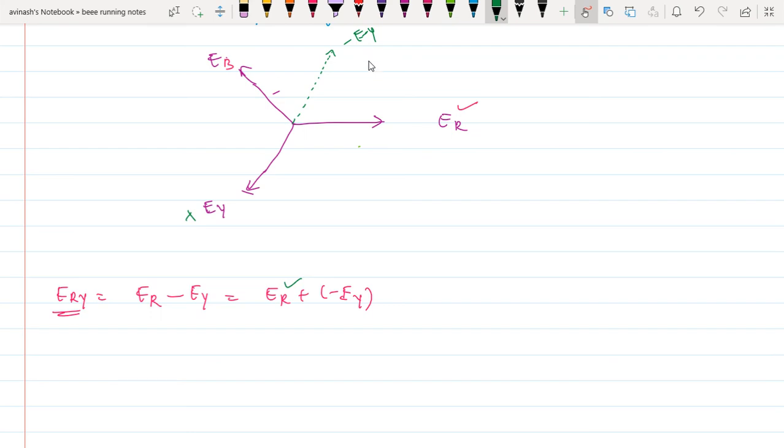Now we have to find the vector sum of ER and minus EY. For that reason, take this phasor as a reference point, the starting point. From this point, draw a line parallel to ER. Then, with the reference of this point, draw a line parallel to